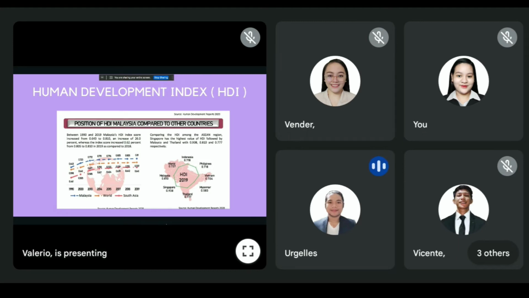Comparing the HDI among the Asian region, Singapore has the highest value of HDI, followed by Malaysia and Thailand with 0.938, 0.810, and 0.777 respectively. Human development progress as measured by HDI is useful for comparison between two or more countries. For instance, during the period between 1990 and 2019, Malaysia, Singapore, and Thailand experienced different degrees of progress toward increasing